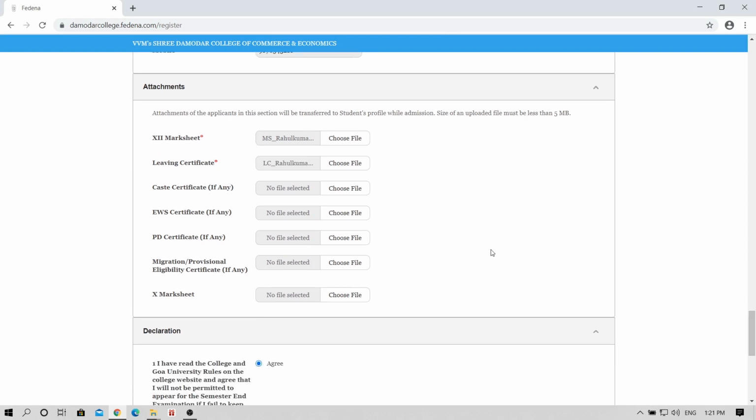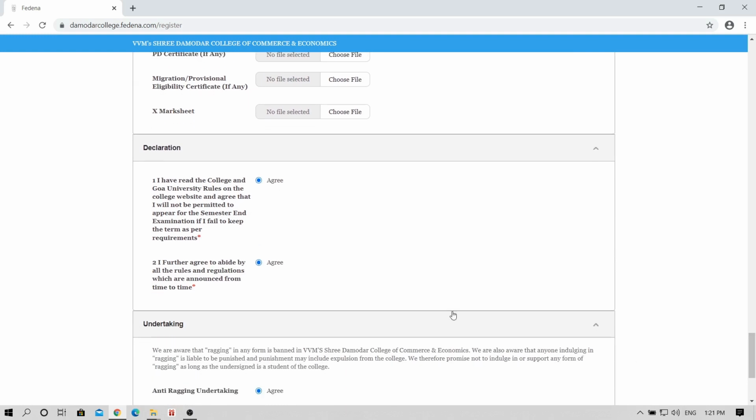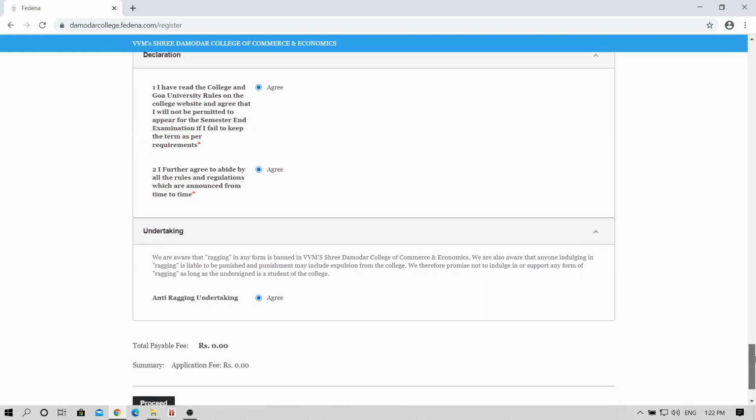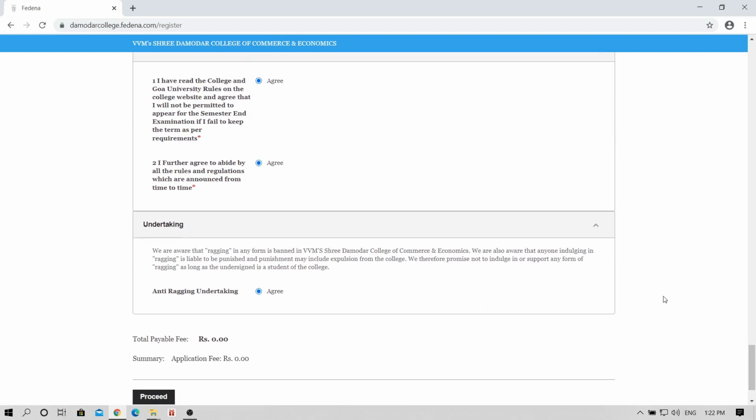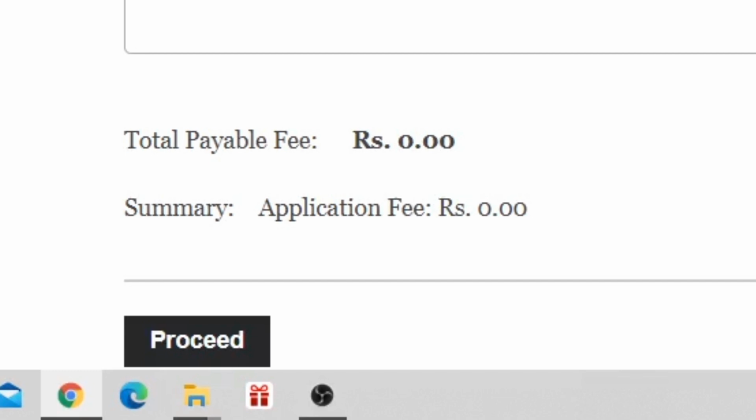Please attach any further certificates if required. Once you have accepted the declarations, the form is ready for submission. To submit the form, kindly click on the Proceed button.